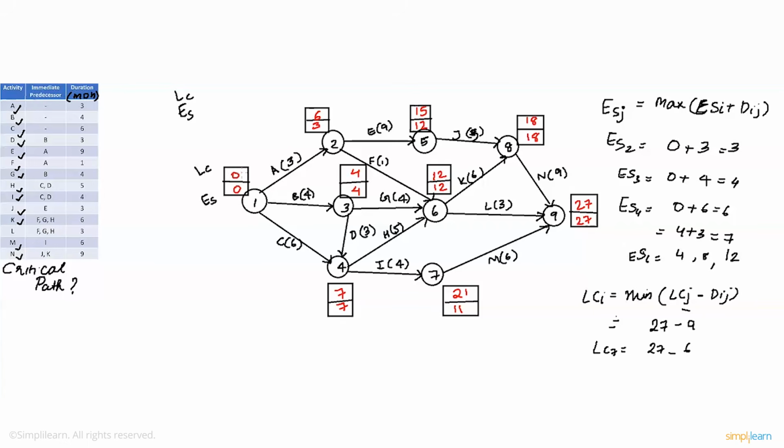So how do we now find the critical path? The critical path can be determined with the help of satisfying certain conditions. Let's have a look at what they are. To determine the critical path, we need to satisfy 3 conditions. They are: the earliest starting time and the latest completion time need to be equal. Similarly, for the head node, the earliest starting time and the latest completion time also have to be same. And finally,